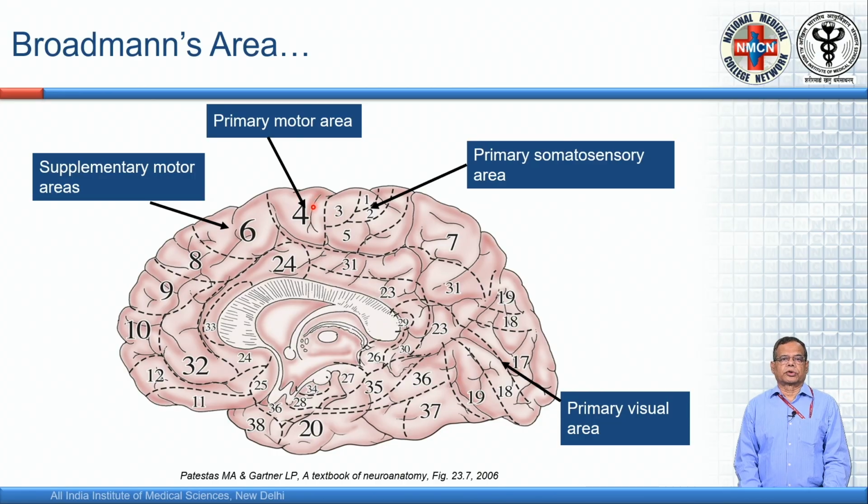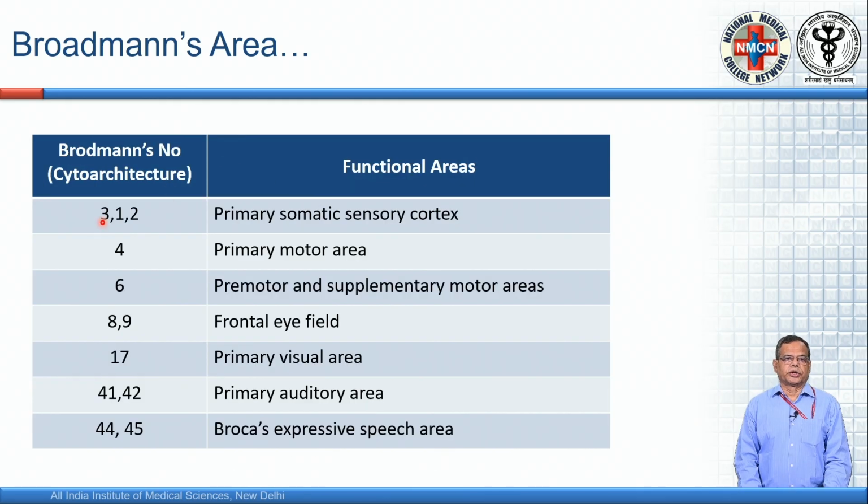So, area 4 controls the lower limb of the opposite side and area 3, 1, 2 receives the general sensation and the pain, touch, temperature sensation from the opposite leg. So, in short, according to the cytoarchitecture, Brodmann has classified the different areas of the cerebral cortex. Area 3, 1, 2 situated